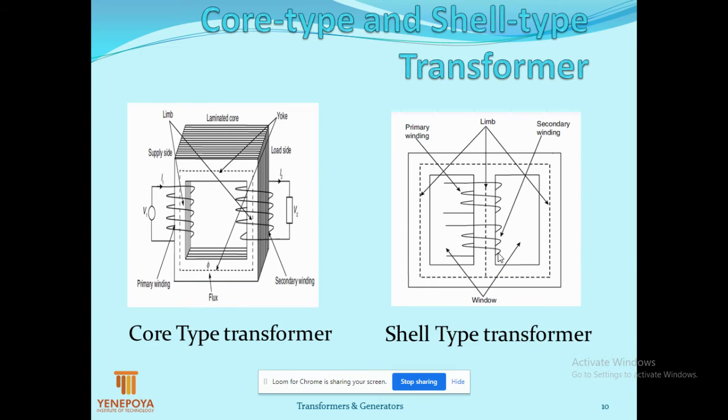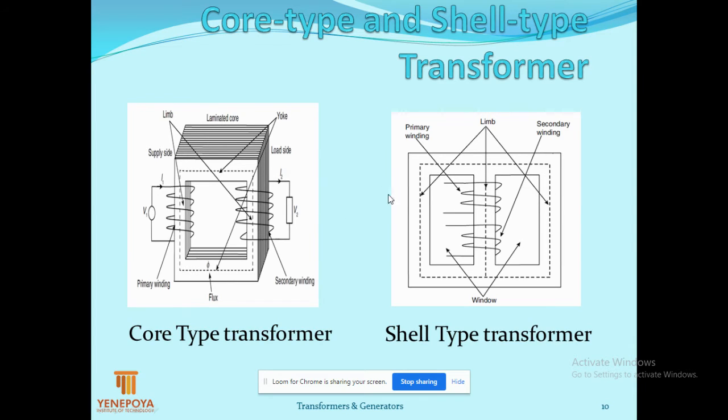Here we have the difference between the two types of construction of a transformer, core type and shell type. In the shell type, you observe here we have a double magnetic path. Here we have one magnetic path on this side and another magnetic path here. And see, here we have the left limb, central limb and right limb, with top and bottom yoke. Both the primary winding and secondary winding are placed on the same limb, that is the central limb. Here in the shell type, the core serves a considerable part of the winding, and the winding serves a considerable part of the core. Here you see the double magnetic path.